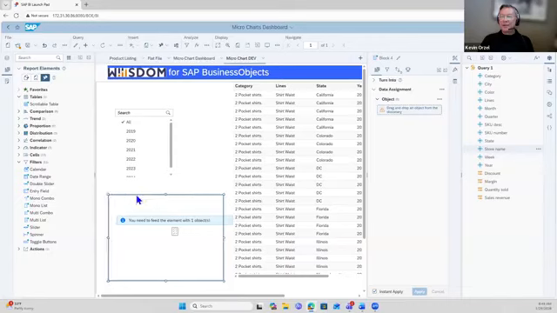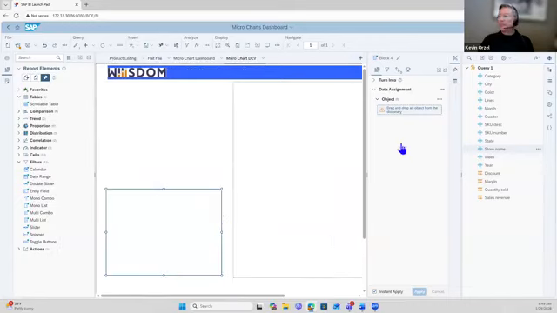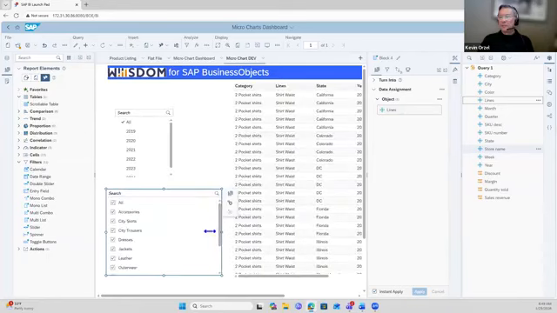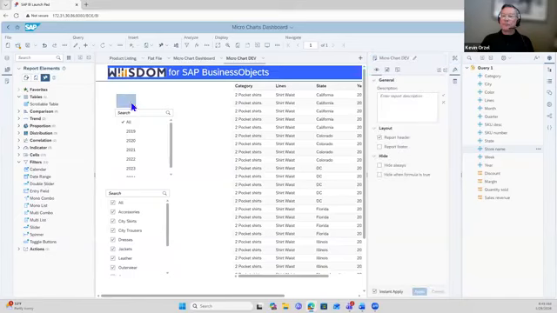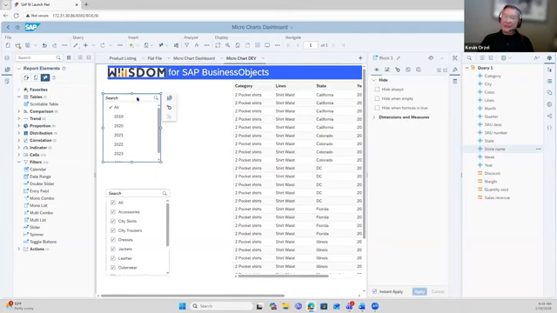Last filter is going to be on product lines. Excellent. Size them up a little bit. Okay. The next thing I need to do then is make these filters or these toggle filters interact with my